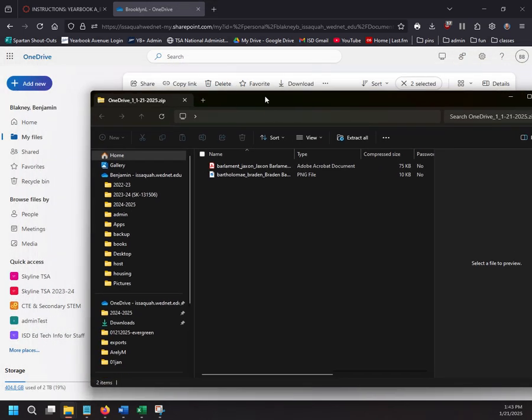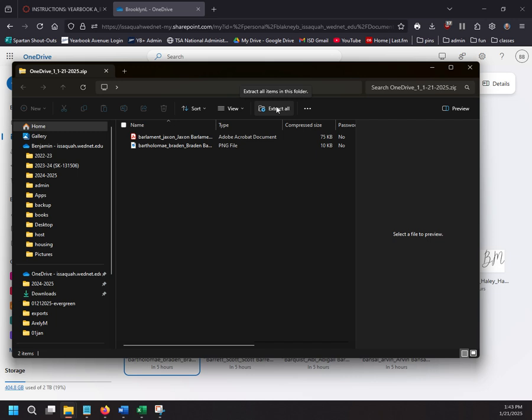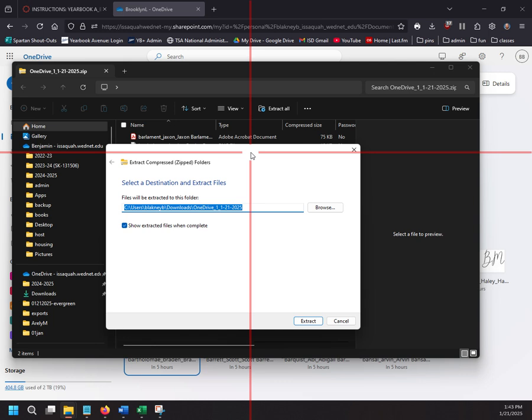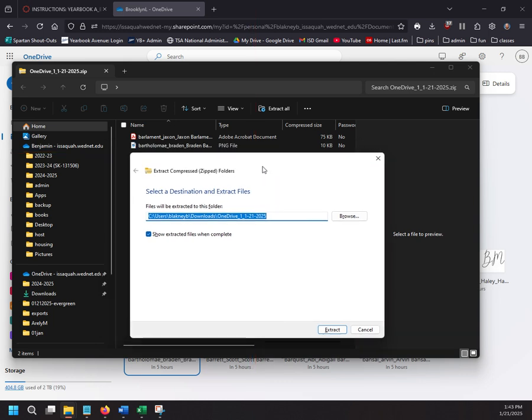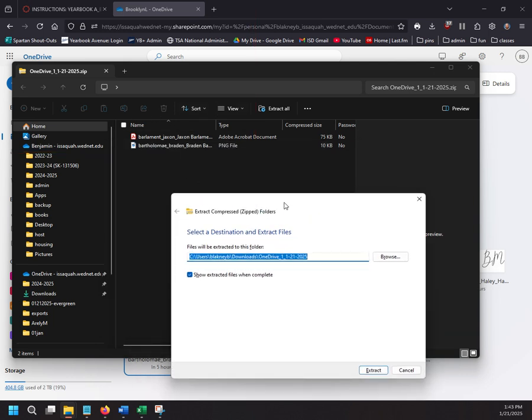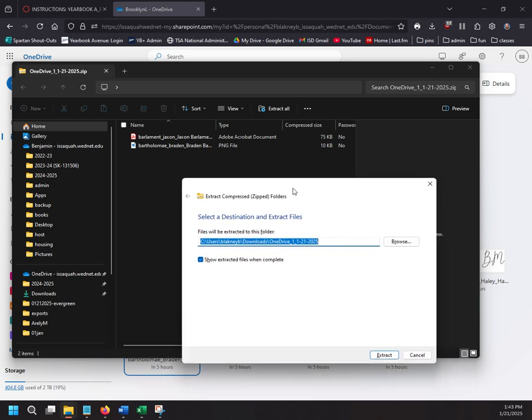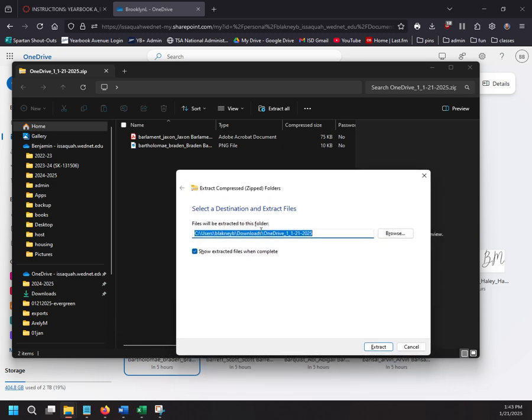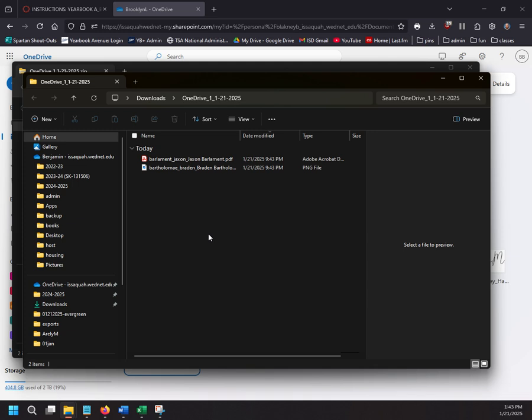The hiccup: you're looking for this extract all button right here. Once you click that, this is the same thing as opening up your backpack. These files are within your backpack, but we can't access them until you unzip the bag. Just leave this the same. Click extract. Now Brooklyn has narrowed down her signatures from the ones that need to be edited